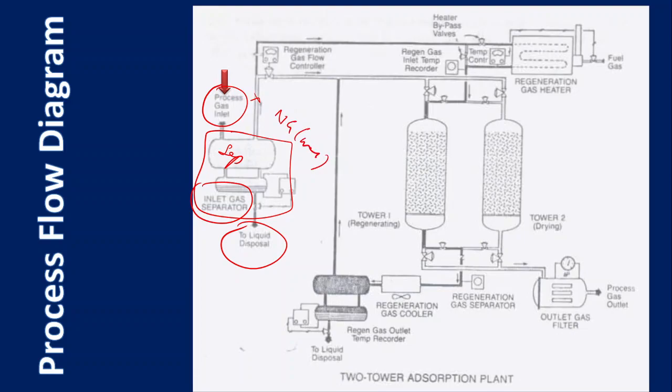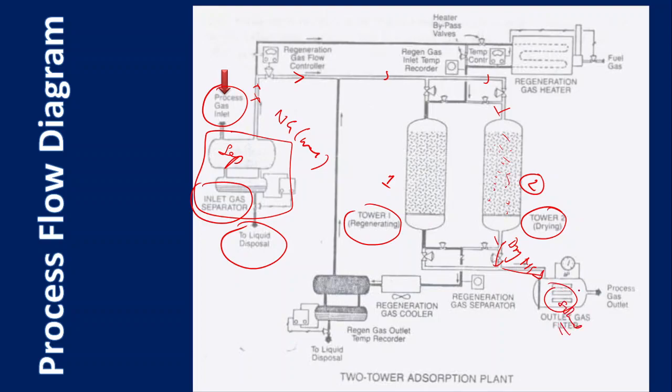So now let us look. First one is the adsorber one. The second tower is used for drying, and the first tower is used for regeneration. The gas is sent into the second tower, and there is continuous adsorption of the water vapor. Then the dry natural gas leaves from here and goes again through a filter, because of the high flow rate, there are chances that solid materials are present.